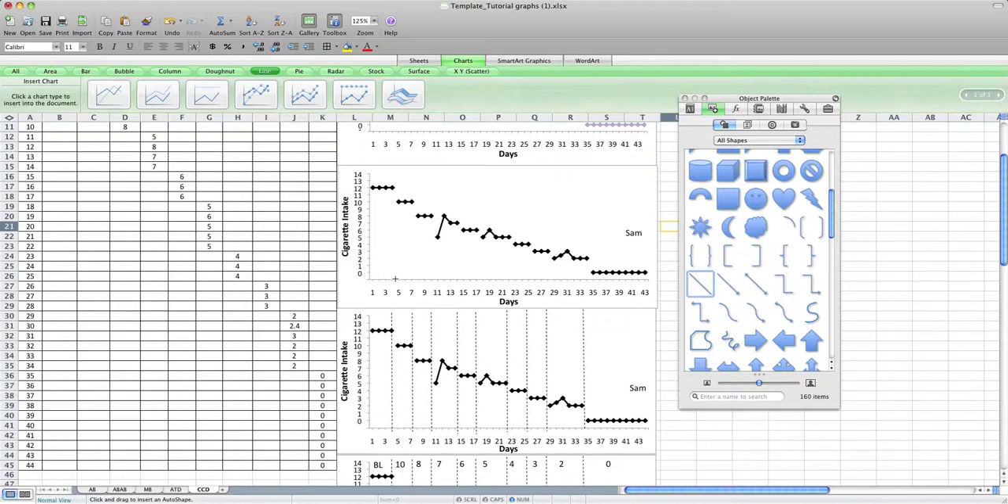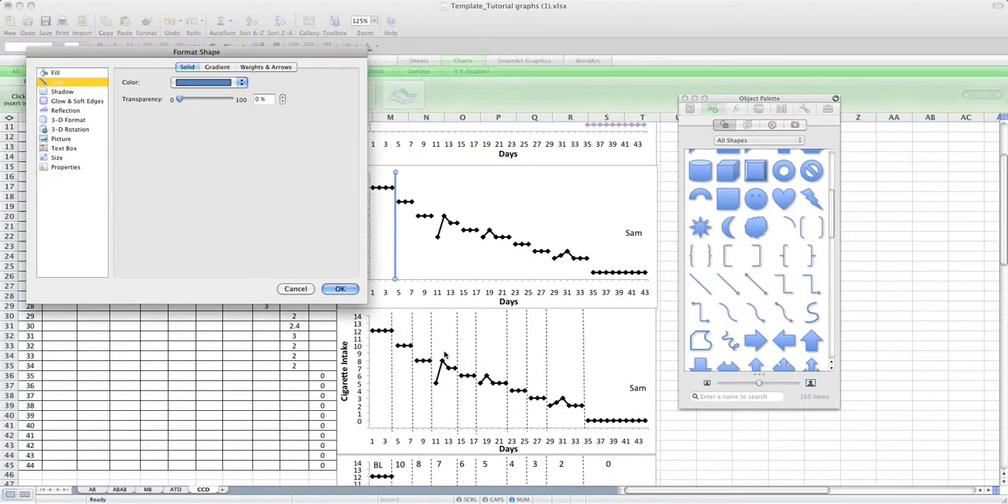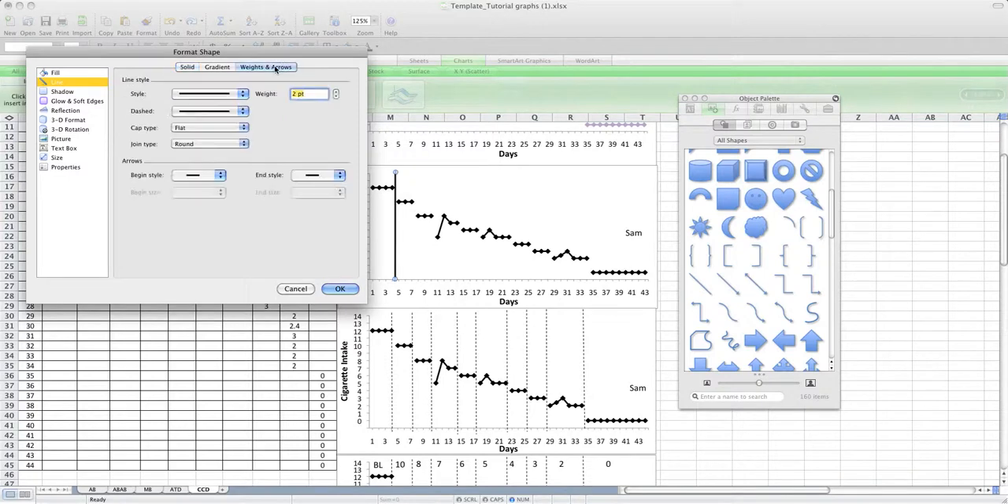So you can hold down your shift key to ensure that it's a straight line, and then left click and drag directly up until it's parallel with the 14 on the vertical axis. Once you've done that, we're going to format this line by right clicking, going to Format Shape. Under line color, you're going to select black. For weights and arrows, you're going to select the dashed line. We're going to change the size of this line also, so we'll go down to a 1-point font size,